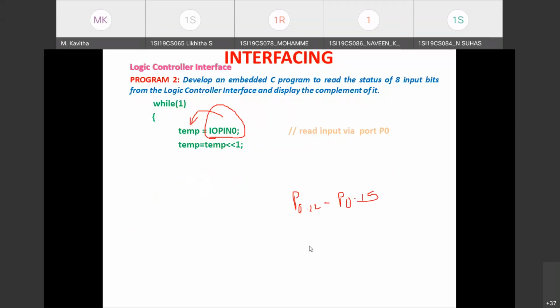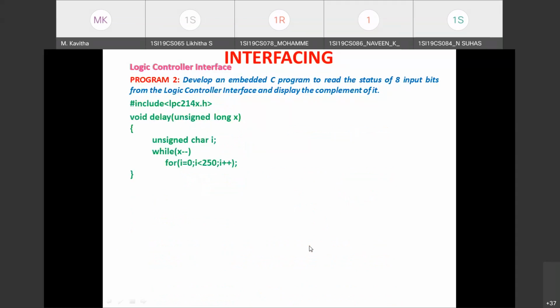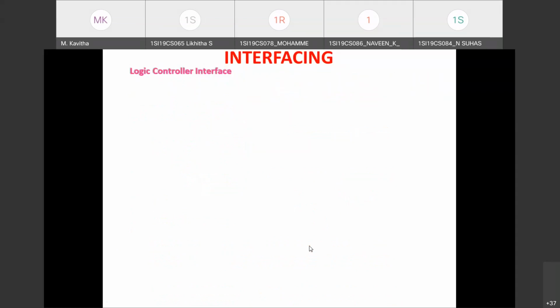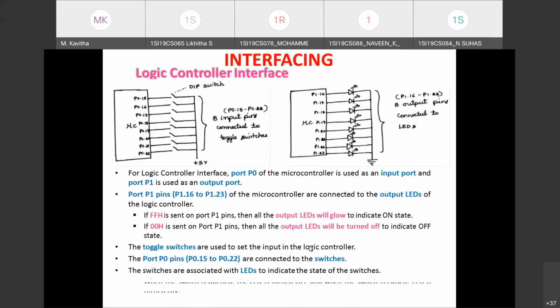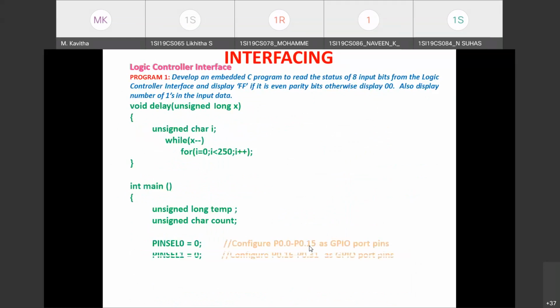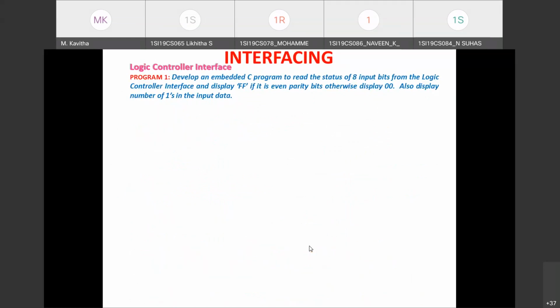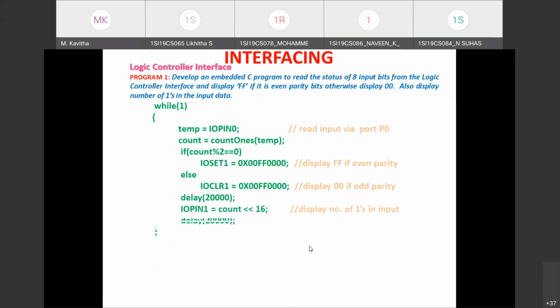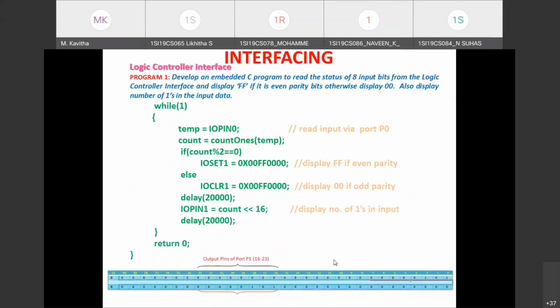Okay, in this bit position, let me go to the previous slide. Just a minute. I showed one table, right? Yes, I think in this slide. Just see here.